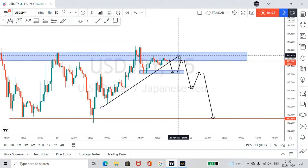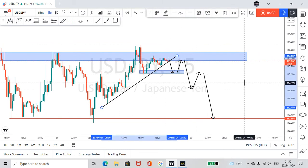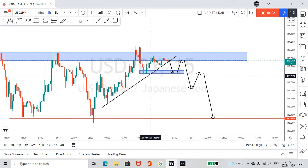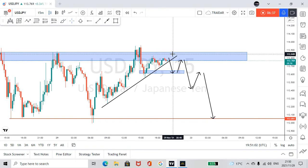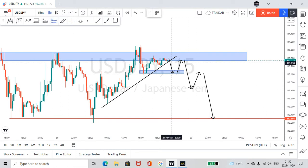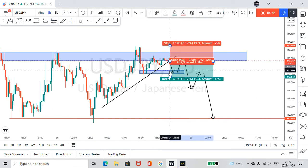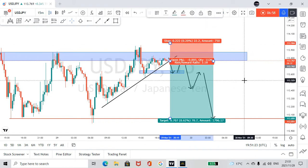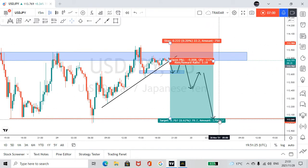Let me try to fix my... perfect. This is exactly what I need because we see multiple touches on this trend line here. Multiple touches. So eventually the market would break below. For some of you guys, you can just place a sell exactly right here. I'm not in the mood of risking USDJPY. Have your stop just above there, and it's safe to take this thing all the way down to your TP